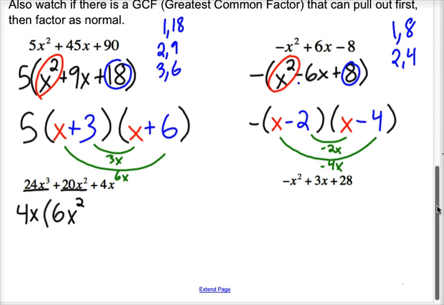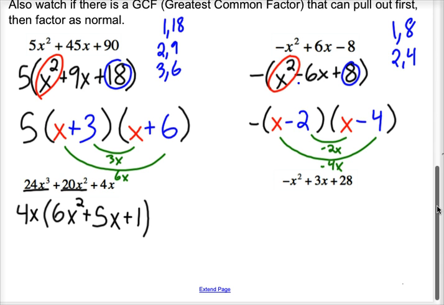Focusing on the second term, 20x squared divided by 4x. Well, 20 divided by 4 leaves me with 5. And then x squared, and I'm taking one of those x's away. 2 minus 1 just leaves me with x. 4x divided by 4x. Well, 4 divided by 4 leaves me with 1. And then x, and I'm pulling out the only x that was there, so the last term doesn't have an